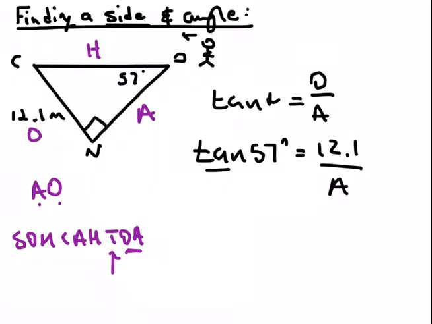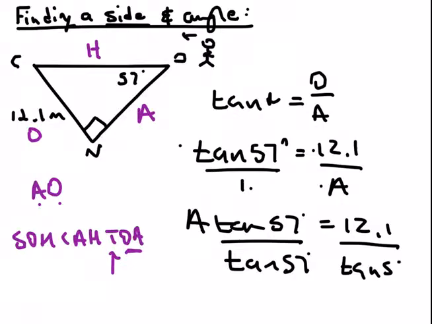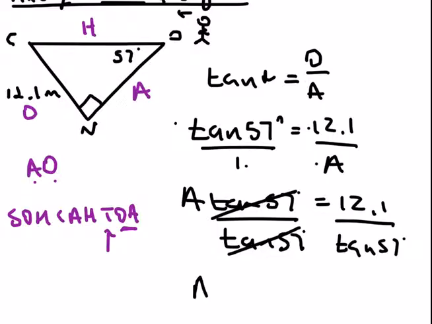Remember, if you have a fraction on the other side, you also force this one to be a fraction where you divide it by 1 and then you cross multiply. So this will cross multiply that, that will cross multiply that. That's why you end up having A tan of angle 57 degrees, which is supposed to be equal to 12,1. And then from there, you can divide by tan. Remember, the only time you use the second function is if you are looking for an angle. But in this case, it is actually the coefficient that we are looking for. So that is why you will divide both sides by tan, where A will be equal to